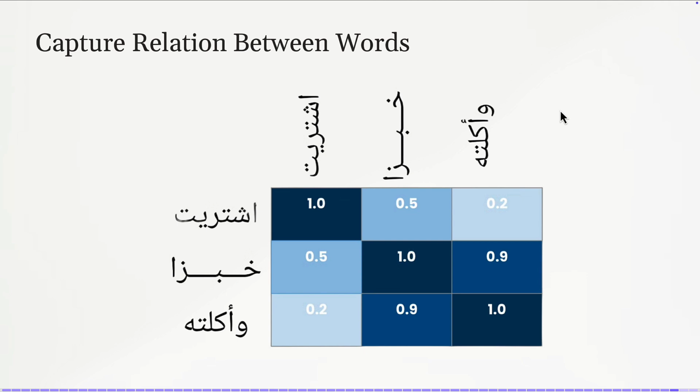لكن مثلا الشراء والخبز يمكن يكون عندي سكور بتاع 50% من الشراء، يمكن يكون فقط الخبز، يمكن اشتري سيارة، اشتري أي شيء. فممكن السياق of اشتريت it can be applied to different type of words. فالattention score will be affected by how often I find this word within this context. Okay. الاشتراء والأكل قد يكون أضعف، الخبز والأكل قد يكون أقوى.